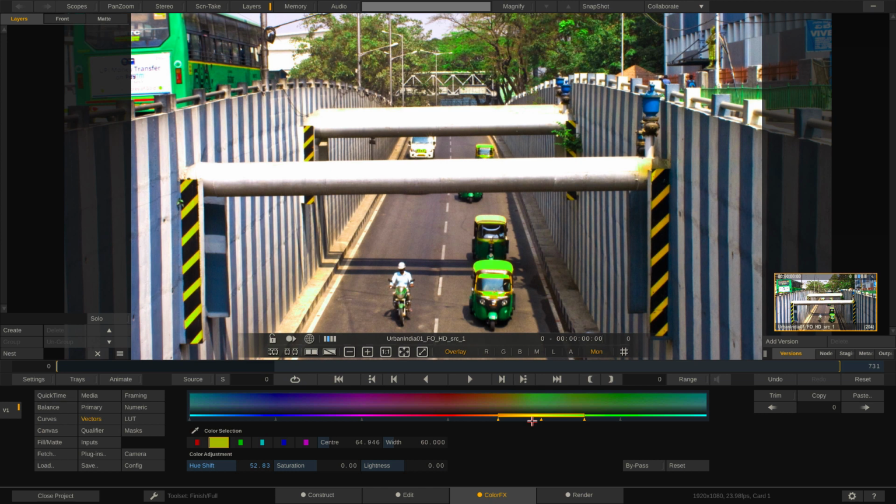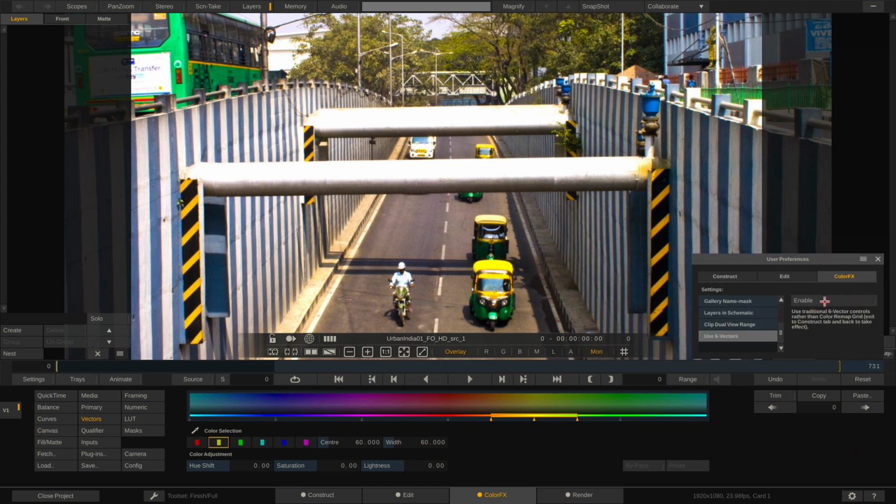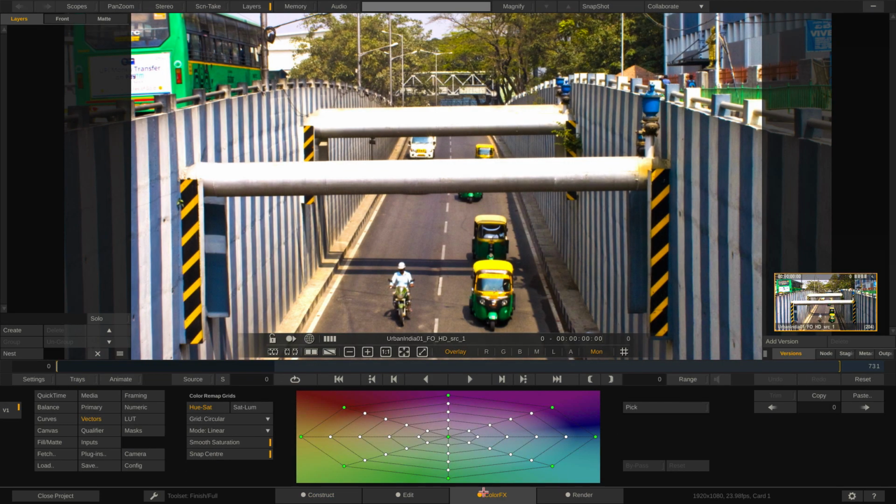Now, I always wish there was a more efficient way to work with vectors, and there now is working with the new grid tool. Now, what's important to keep in mind is that any changes that I make with the 6 vector tool will transfer over to the new tool, so you've got to keep that in mind. What I'm going to do is just reset the tool. We're going to head back to our user preferences. I'm just going to disable the 6 vector tool. I'm just going to turn off user preferences, toggle back and forth, and we now have the new color remap